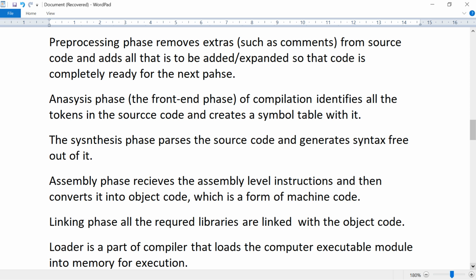In this phase, the compiler identifies all the individual units, meaning keywords, variables, etc. of the source code and their requirements. Using this information, the compiler creates a special type of table called the symbol table that is useful for determining memory requirements. Memory is needed to execute the source code.